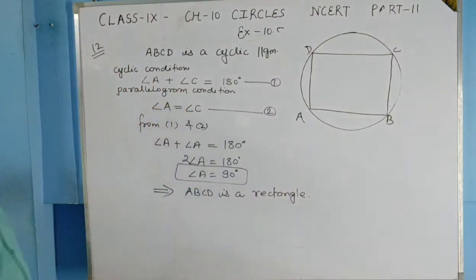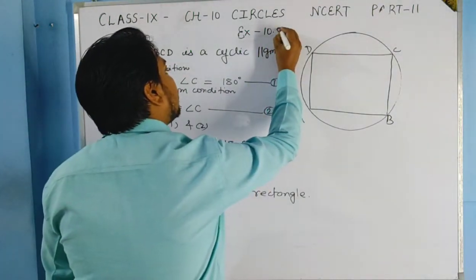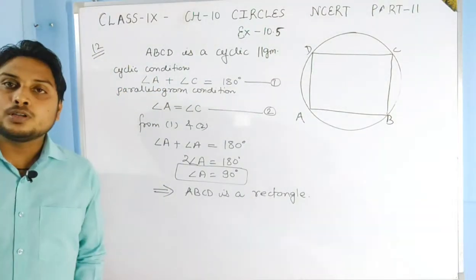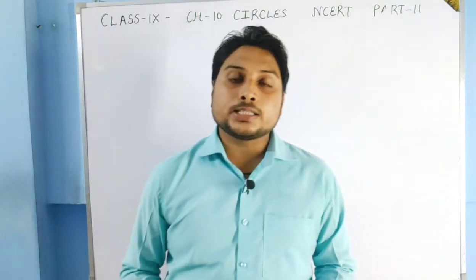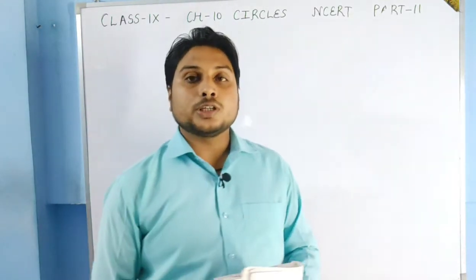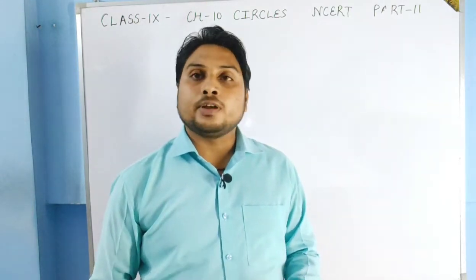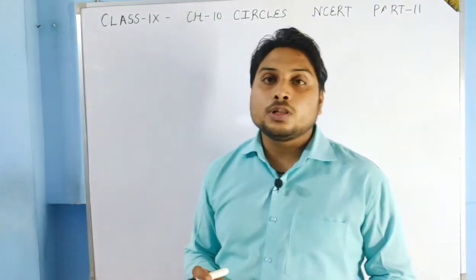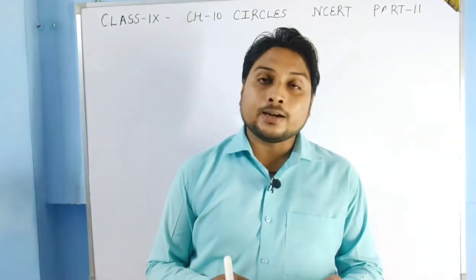Okay students, so like this we have completed exercise 10.5 also. You can pause the video and note it down. So students, like this we have completed this chapter, circles. But some students were saying that 2 questions are left from exercise 10.4. So let us see that also, and in that way we will complete the whole chapter. I think in exercise 10.4 question number 3 and question number 4 were left. So let us see those questions also.